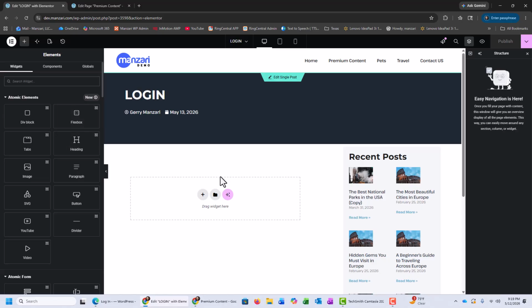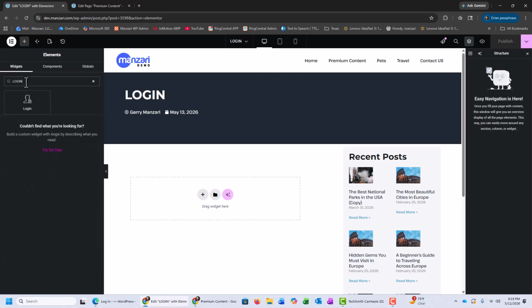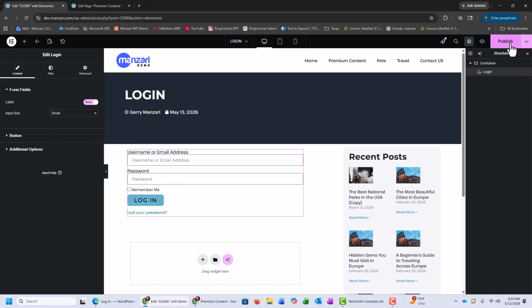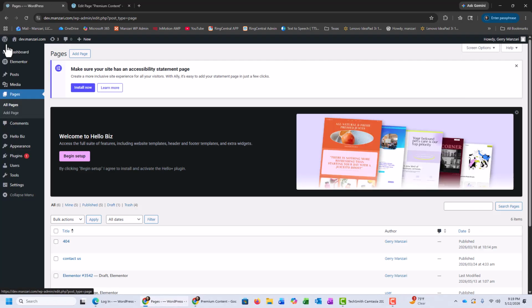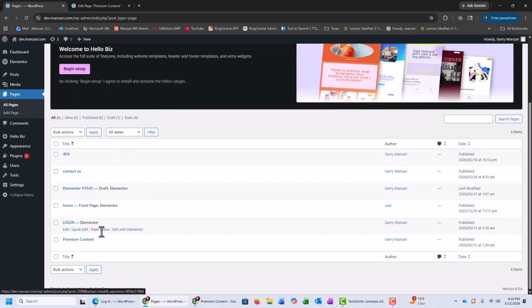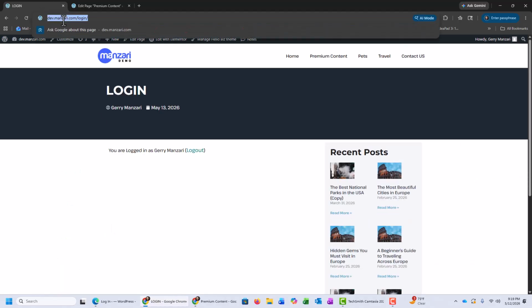And then what we're going to do in this page here, we're going to search for a widget, and we'll search for the login widget, and we'll drag that onto our page. And then we'll click on Publish. And then we're going to go back to the WordPress admin. So we'll say Exit to WordPress. And we'll go back to Pages, and we'll look for that login page, which is right here. So we'll view the page, and we want to just grab this URL, copy it,